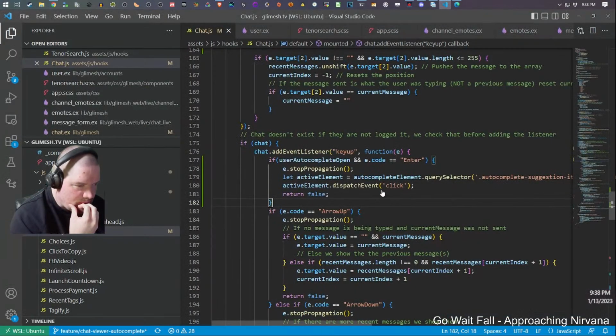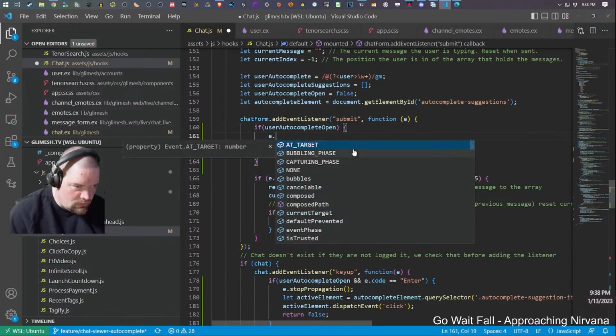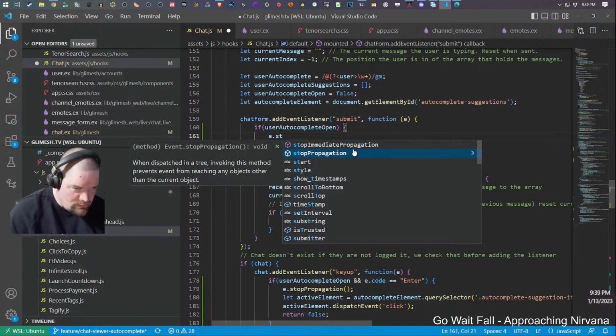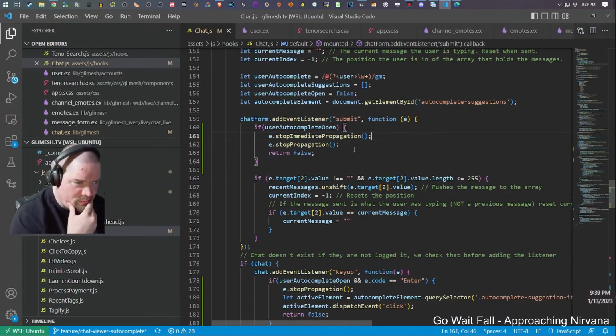Oh, you know, but okay. Stop propagation. I have to do stop immediate propagation. Probably. Maybe. I don't know. Just stop all propagation again. So it seems like that didn't stop the submit.